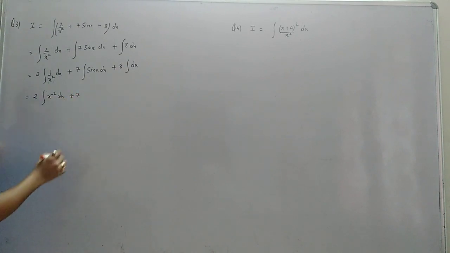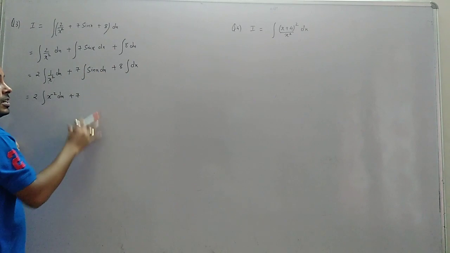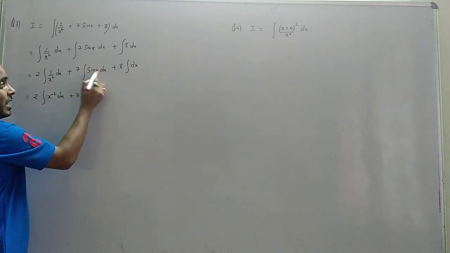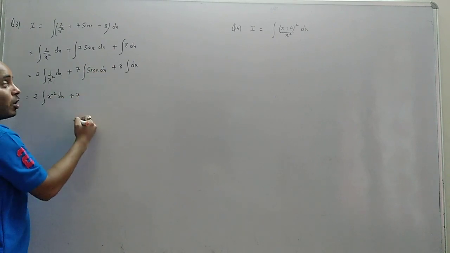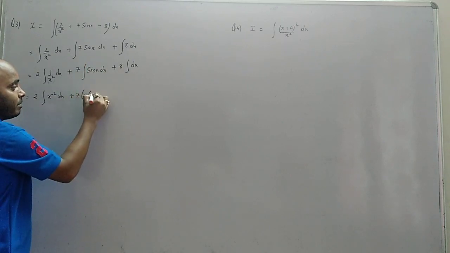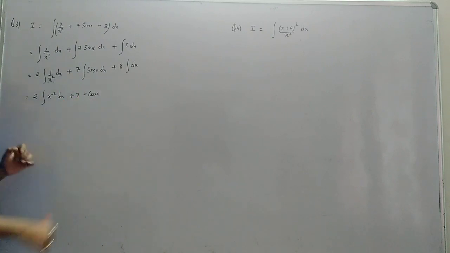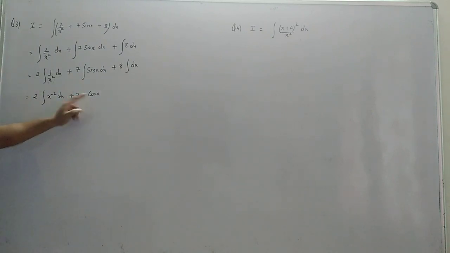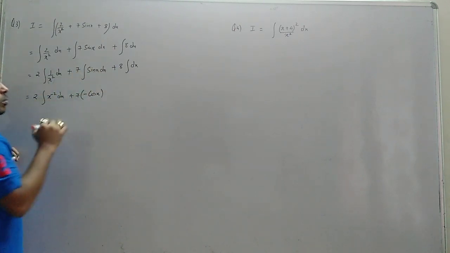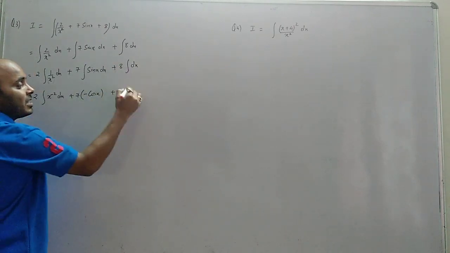Plus 7. Is it in formula pattern? Integration of sin x dx. Yes, it is in formula. Check. Integration of sin x dx. Answer is minus cos x. So 7 is multiplying with this whole thing, right? So bracket minus cos x. So why bracket? If you just write minus cos x, it will be wrong. It is 7 minus cos x, but 7 is multiplied with integration. So it is 7 into minus cos x. Okay. Plus 8. Integration dx is x.